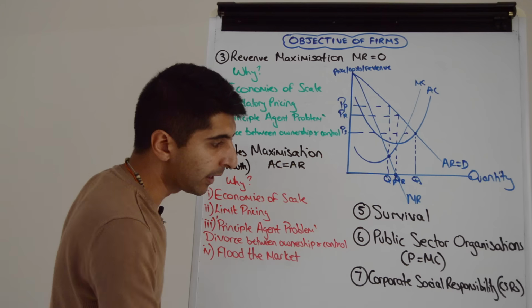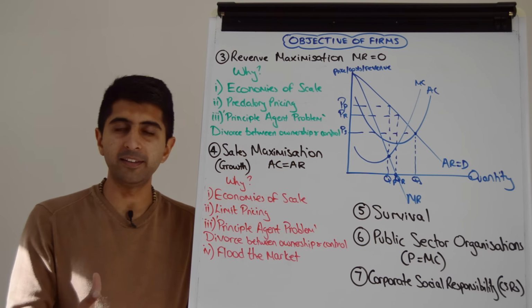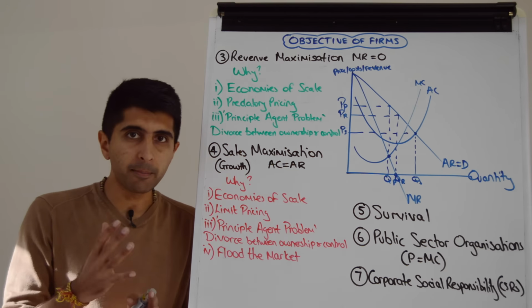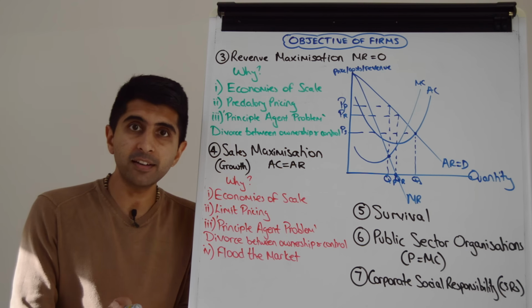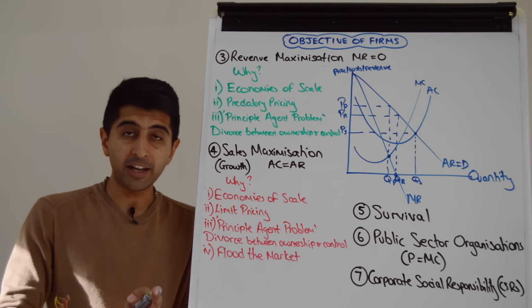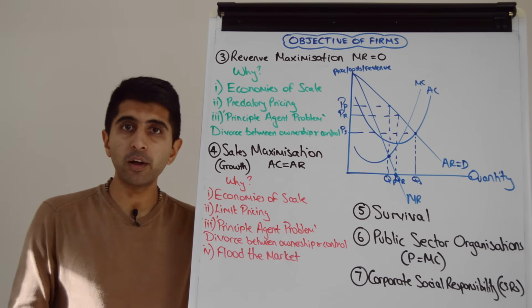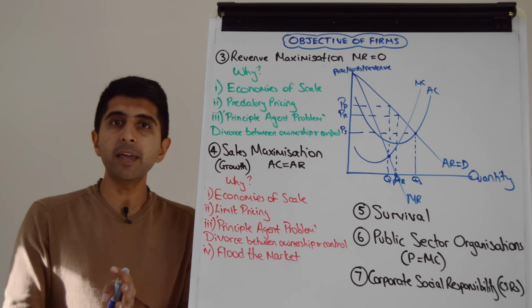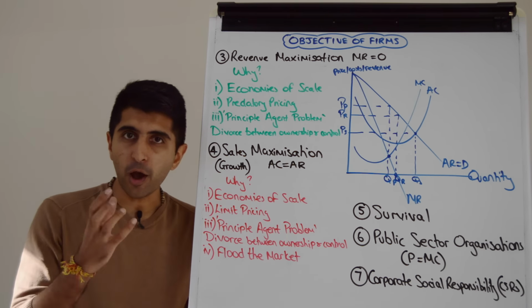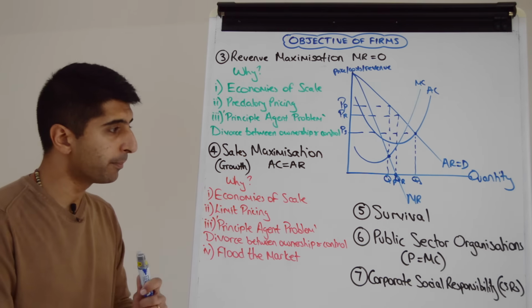But then we also have businesses that will pursue corporate social responsibilities, recognizing their social responsibility. And again, in this modern day world, following ethics, following social responsibility is becoming more and more important. So that could be giving to charity, that could be producing sustainably, environmental sustainability, that could be paying your workers well, or even your suppliers. If they're farmers and things in the developing world, paying them an appropriate wage, or it could be acting ethically. Like for example, The Body Shop do not test their products on animals, they only test their products in laboratories. Ethical responsibilities there. So that's all very important stuff as well.